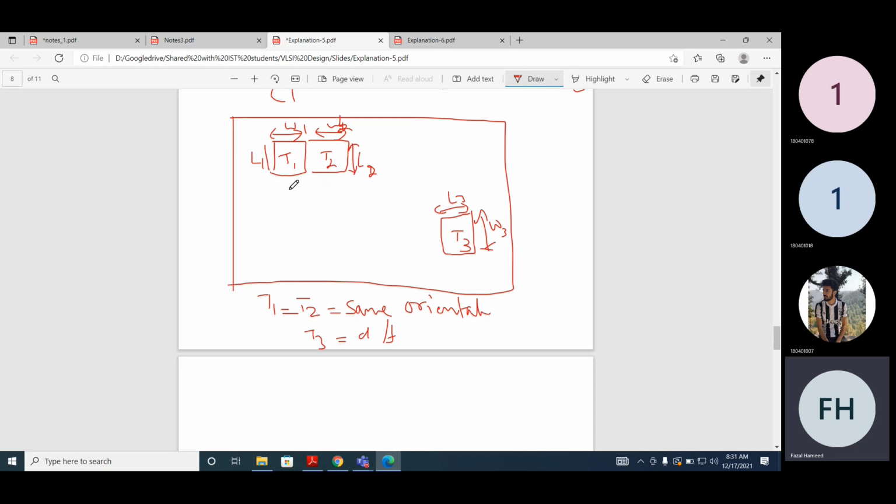Why may they not match well? One reason is that T3 is located in a different place, and it's also with a different orientation. So T1 and T2 that are placed close to each other may match well. The probability that T1 and T2 will have the same characteristics is high, and the probability that T1 and T3 have the same characteristics will be low. It's also possible that T1 will match well with T3, but you never know about the fabrication process. But we talk about the probability.